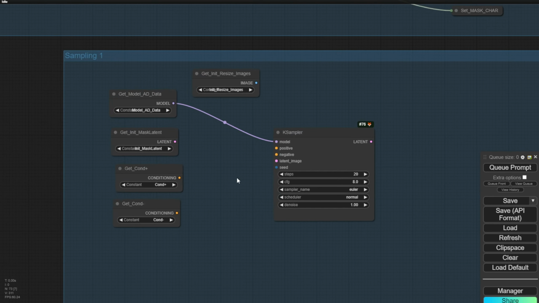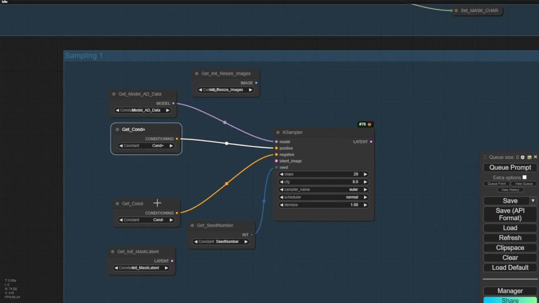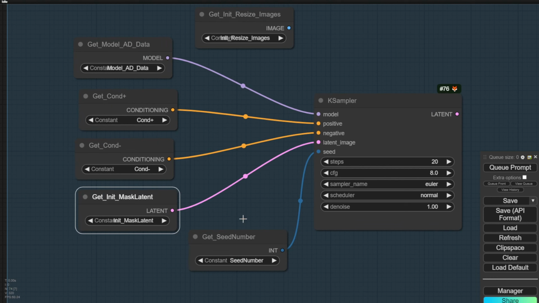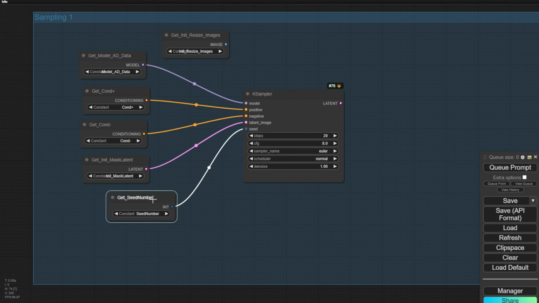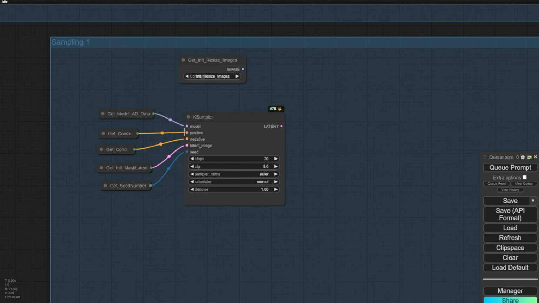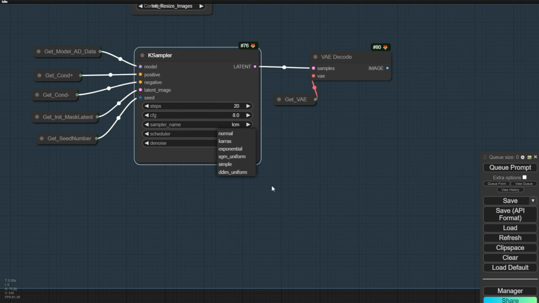Now the K-sampler, you can use the simple K-sampler or K-sampler advanced, but it's just up to you. Whatever you want to use here, you can convert the seed into input. So in here, like what I did previously, I have a global seed number and I put that into the loader group, so I can copy this one. And this is the seed number. And I have the conditions, negative and positive as well. And lastly, we have the mask latent image. Let it be running in here and let's try this one.